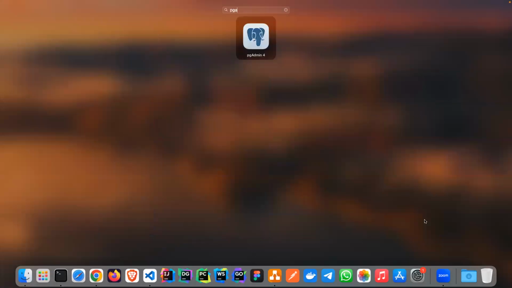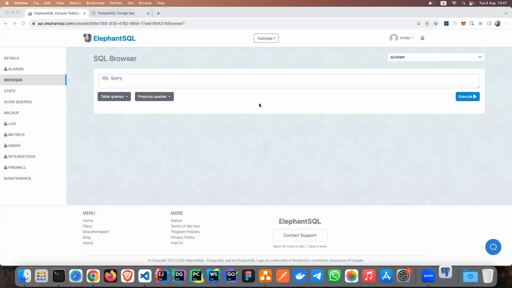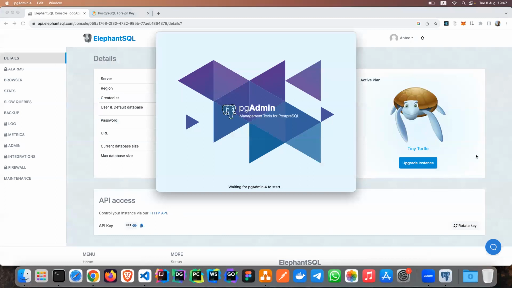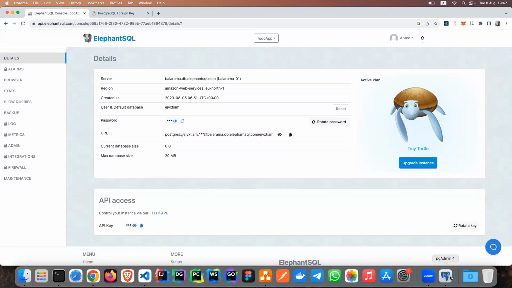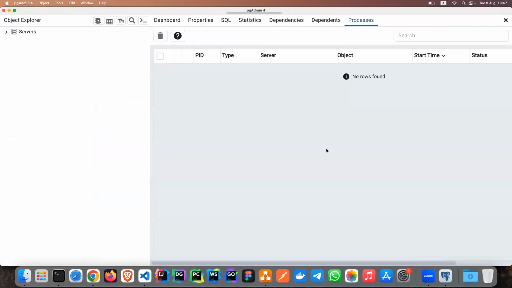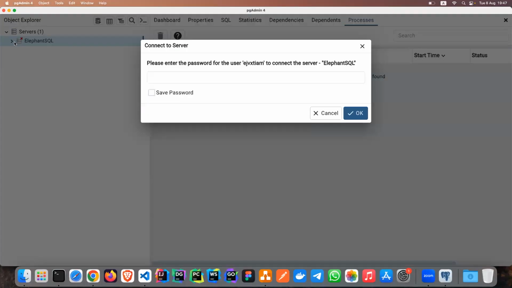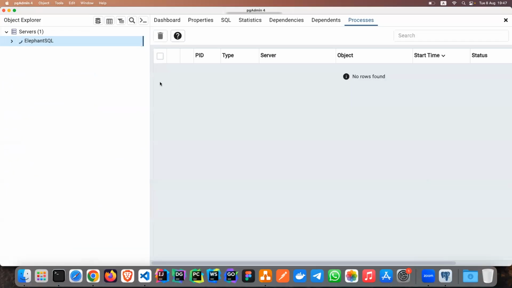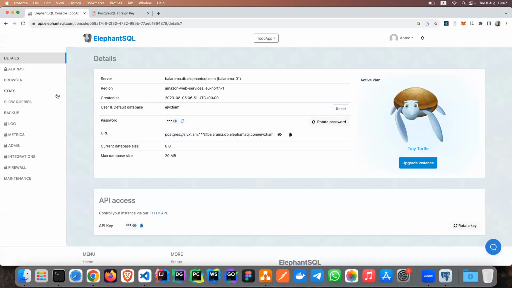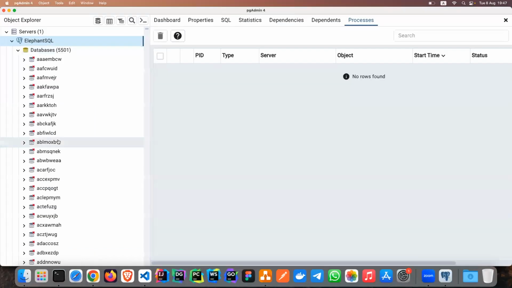Let's open pgAdmin, maybe connect with pgAdmin to this database. We open pgAdmin. We have this ElephantSQL. What's the password? The password is this. Okay. We have connected to our ElephantSQL. Our database name is